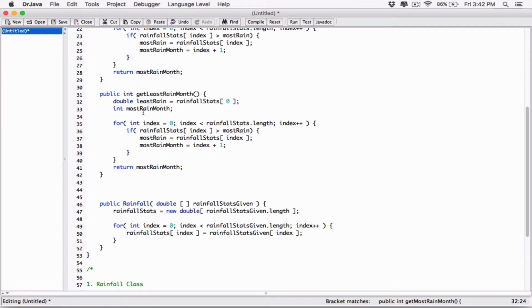Right? And then change this to least rain month. We're going through the array as normal. If rainfall stat index, that's fine. If the current element is not greater than most rain, but less than, if the current element is less than the least rain,